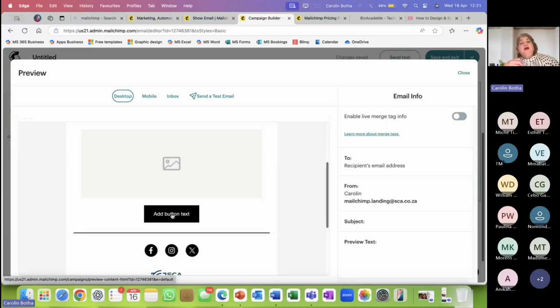This is what we call a call to action. You want call to actions many times, maybe not only once, in your campaign, so that people can respond, because you want to persuade people to sign up, to join, to buy, whatever the message is that you want to bring across.